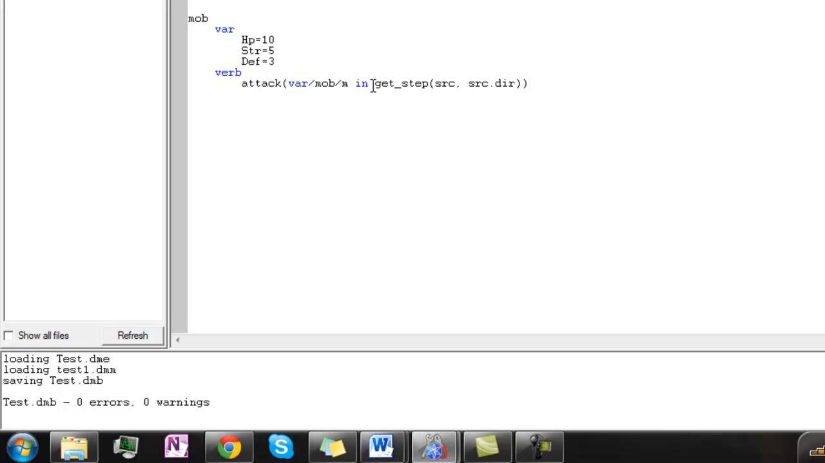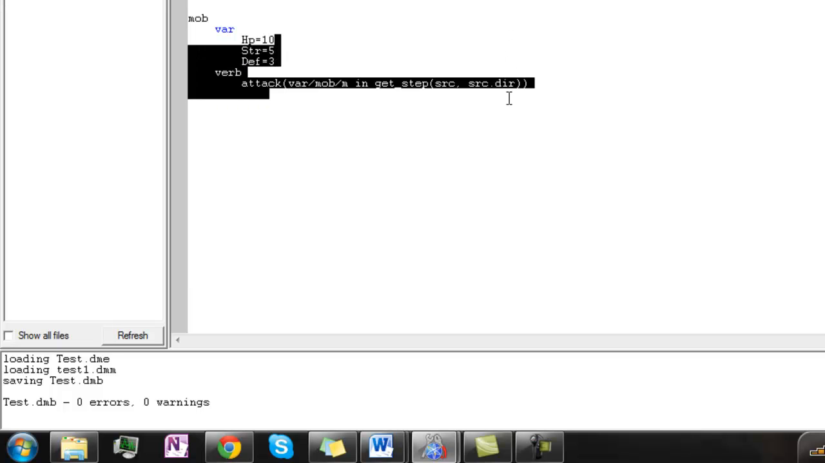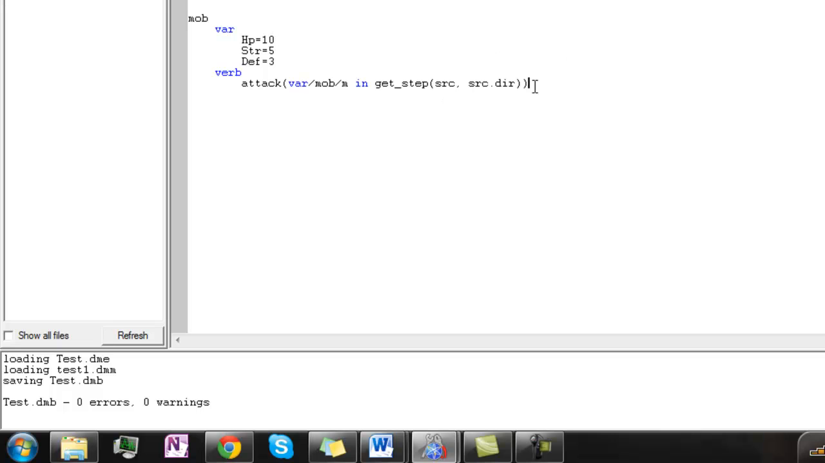But what this basically says, for a mob that's in get step is basically around you. Well, for this one, it's around the source and is in the source's direction. So if my character's here, and this is our enemy, I have to be facing him to attack him. Okay, so next,